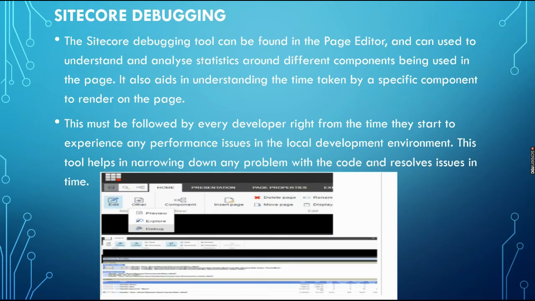Sitecore debugging. In CMS, when you open the page editor or experience editor, you can see the Sitecore debugging options. Using the debugging options, you can debug the current layout or current page, so that it will give you statistics about the different components used in the page.